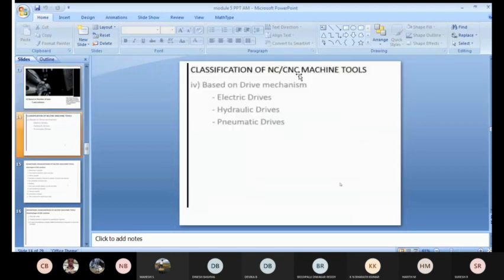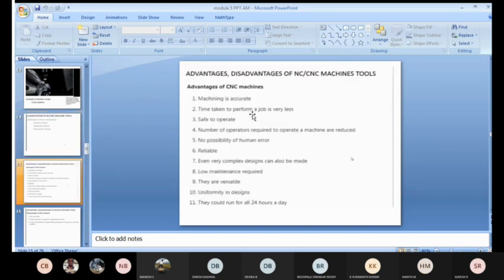Next is the classification of CNC machines based upon the drive mechanism. We have electric drives, hydraulic drives, and pneumatic drives. These are the advantages and disadvantages of NC or CNC machine tools. We're going to wind up here, and in the next class we're going to come out the